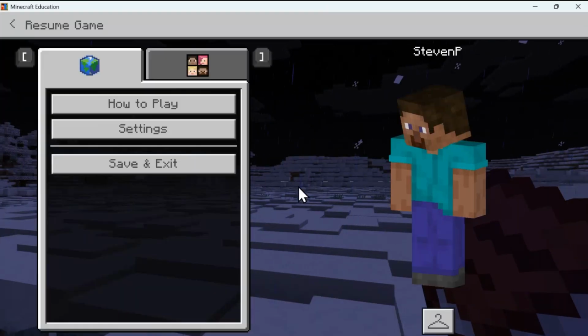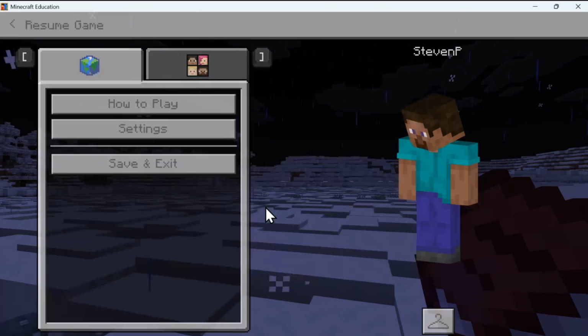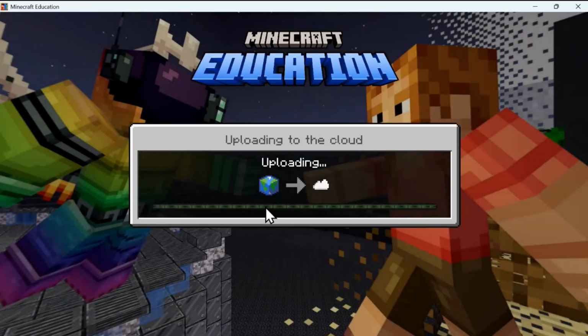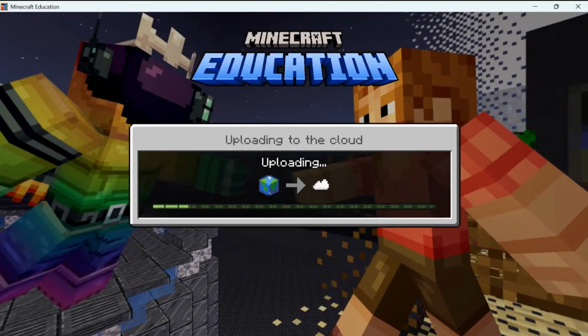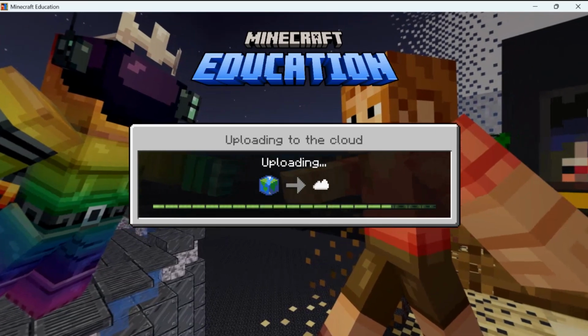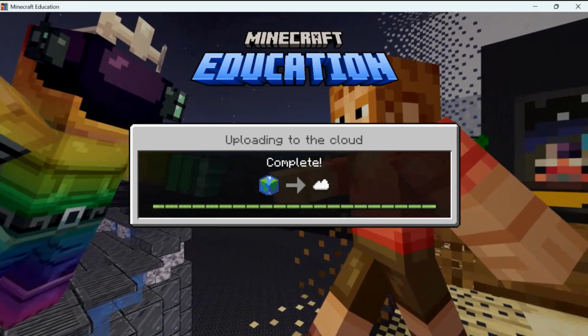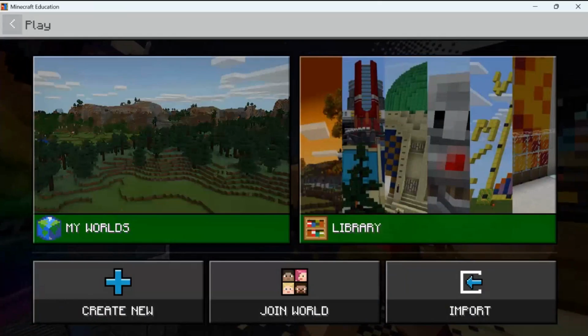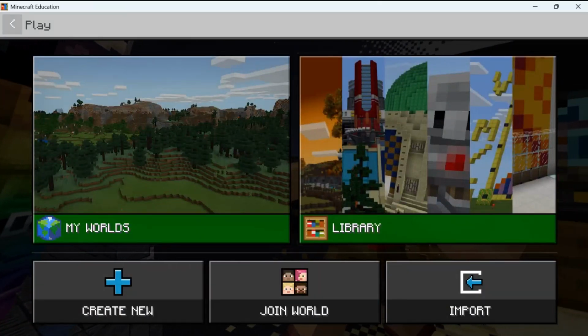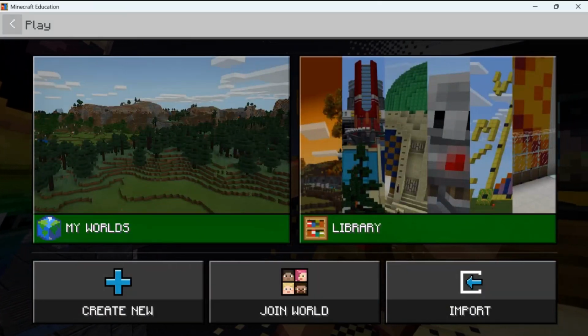Excellent. I'm going to escape that and exit that for now. And I'm going to talk to you now about some really useful formative assessment tools that are built into Minecraft